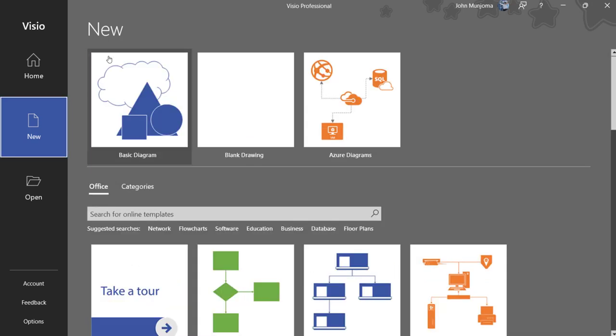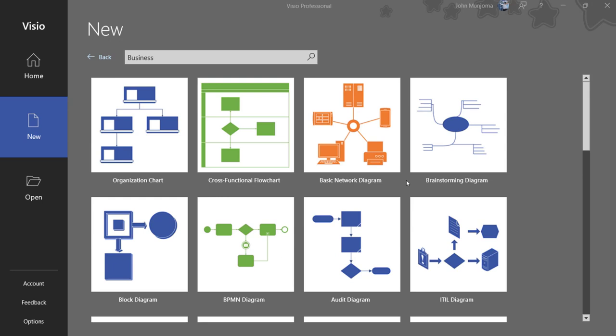Now, if we go back over here, we also have business diagram. If you were working on an organogram for an organization, you want to come up with an organizational chart, that is great. I've actually seen people who struggle creating organizational charts in Word, whereby you're trying to create a chart and they keep on morphing from one angle to the other. Well, that problem does not exist in Visio. It's something that is straightforward. You'll be able to work with the various linings and be able to have different vectors that will allow you to position your diagrams and charts